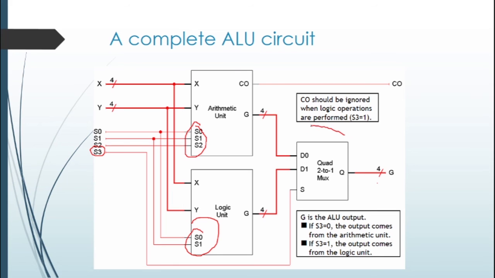So there will be a quad 2-into-1 multiplexer at the end that will select the output from either the arithmetic or the logic unit. So it's going to be very simple. Cout should be ignored when logic operations are performed because it will not be used for logical operations, but in arithmetic it will be used. S3 is going to select from the two outputs of arithmetic and logic, and that will be done by this